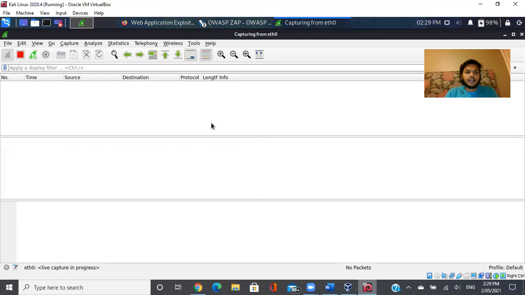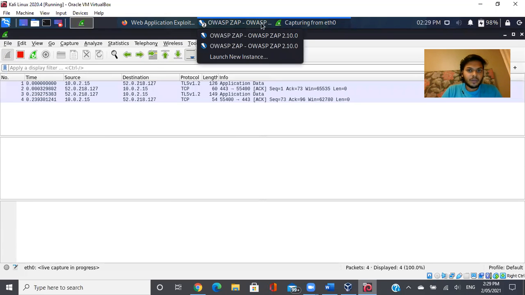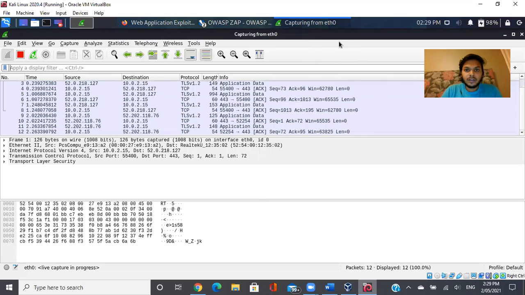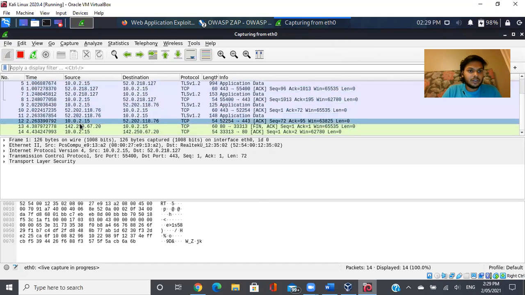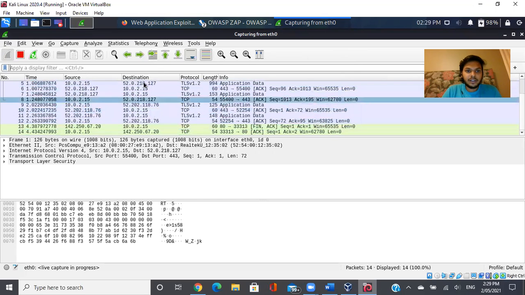So we can see that the capturing has been started. It will take some time and it will display the IP addresses, the source IP address and the destination IP address. Now we can see that the scanning has been started. All of these are the source IP addresses and these are the destination IP addresses between which the packets